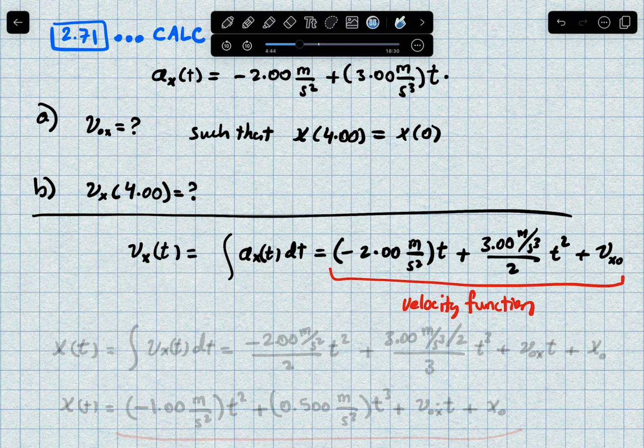In order to compare the x coordinates, I also need the position function, which can be found. So position as a function of time equals the integral of Vx, like that, and you would have